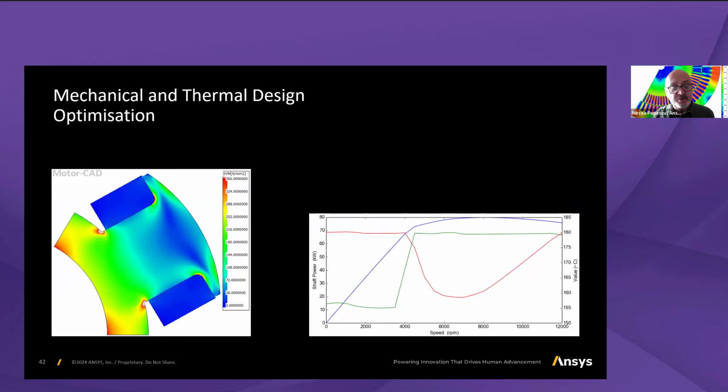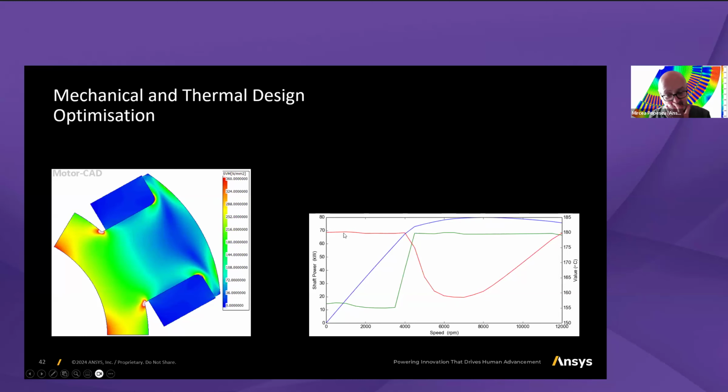Some results that were obtained using this type of modeling. There were a few considerations to be given from the mechanical point of view at these corners for the rotor lamination, while from the thermal point of view, through digital design, it's possible to investigate the case when you control using a maximum efficiency control strategy for this type of machine to retain the capability performance of this machine, while at low speed, the maximum temperature 180 degrees for